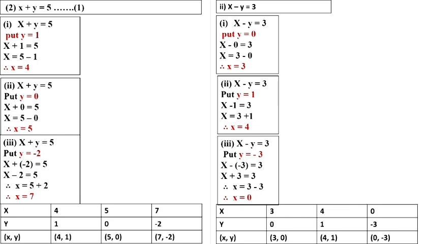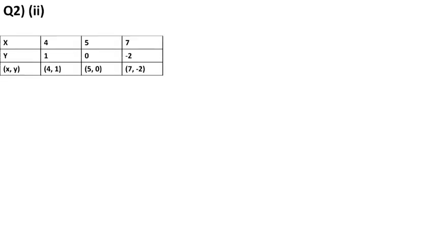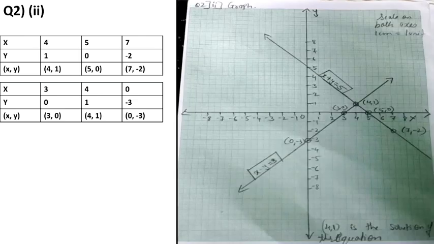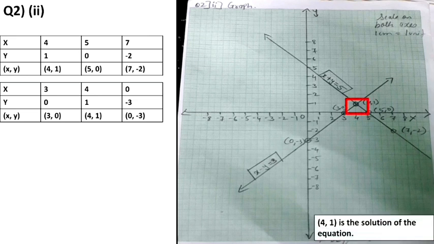Now fill the boxes. After filling the boxes, we have to draw the graph of the second one. We got the values in the graph. Take the points and draw the collinear lines. With the second box, all the 3 points we have to plot on a graph paper and draw the collinear line and write the equation on that. Where these two lines intersect, at 4 and 1, is the solution of the equation. The intersection of these two lines, where they meet, is the solution.